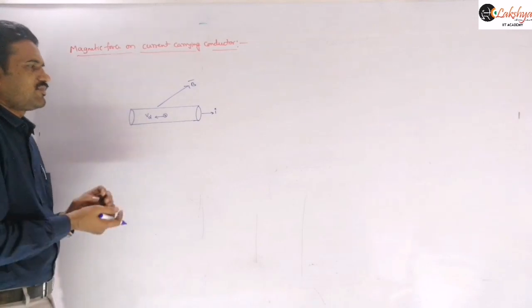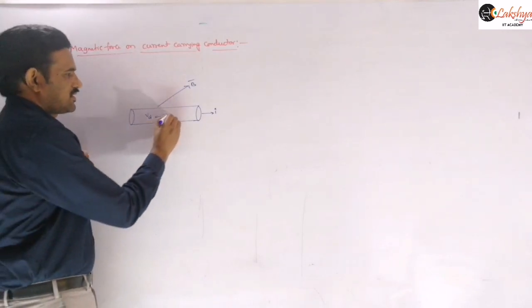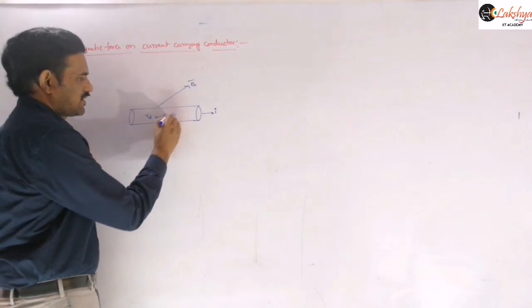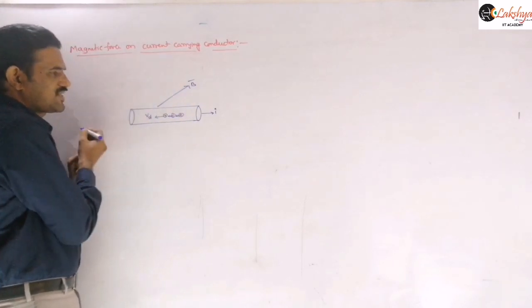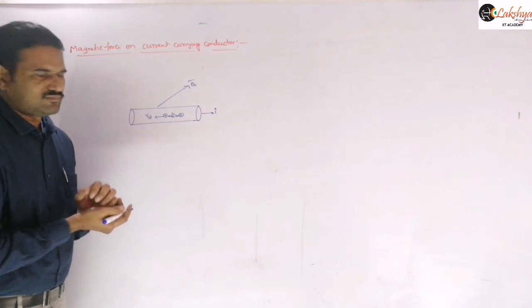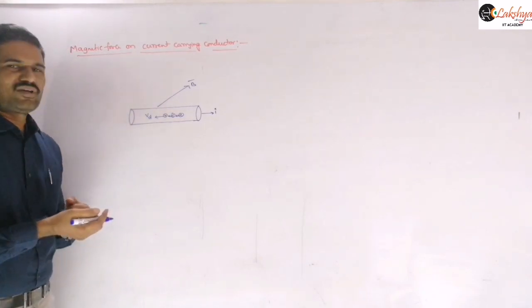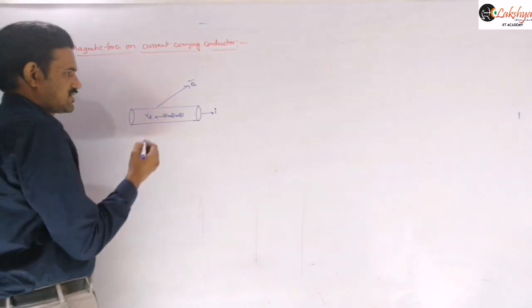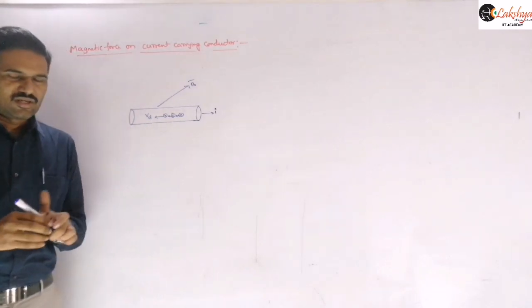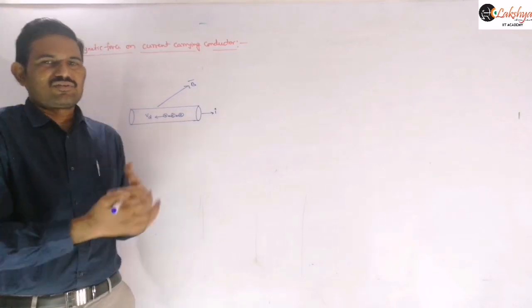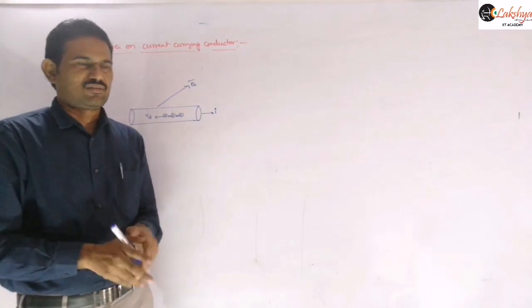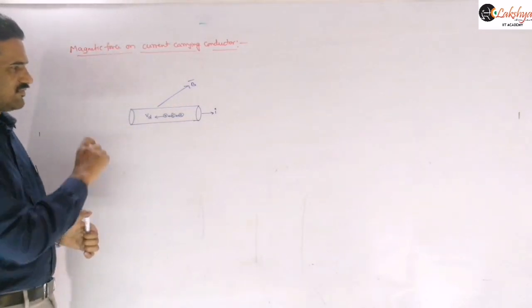That force is not on just one particle; a lot of electrons are flowing along this direction, and all those electrons will experience some force. That force will finally be transferred to this conductor. That is what we are going to discuss. Now suppose we take a small element dl of the conductor; we need to write how much force acts on it. So for that, let us first write: